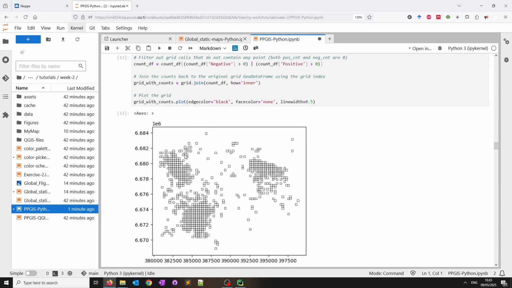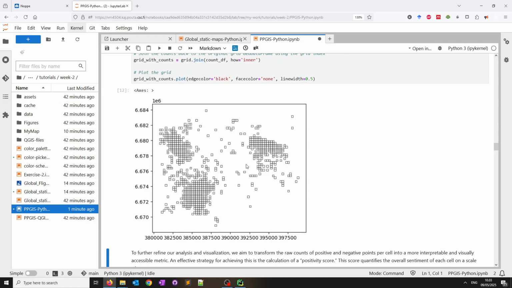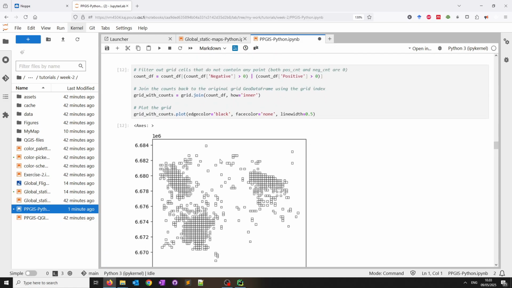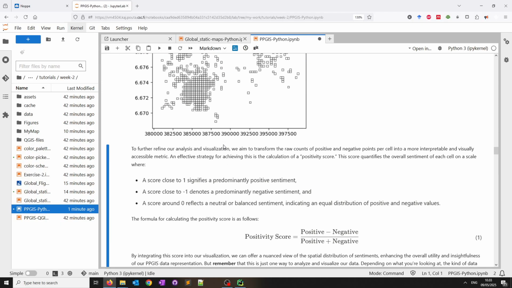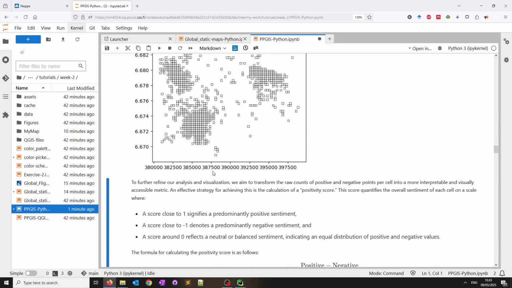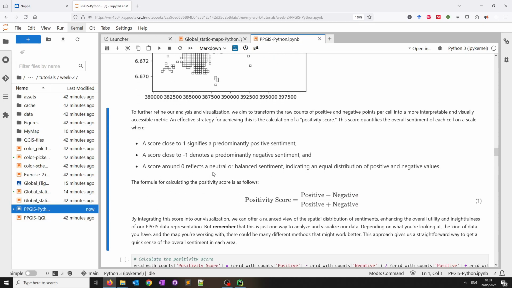So now you see that the grid is not covering the whole box, which is because of our filter. These are grids that actually have a point inside them. So this is our grid cell. Of course, you can visualize however you want. This is not necessarily a visualization trick, but very often when creating a visualization, it might be useful to do